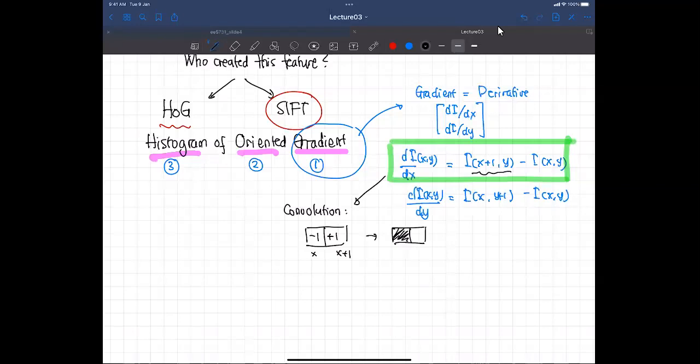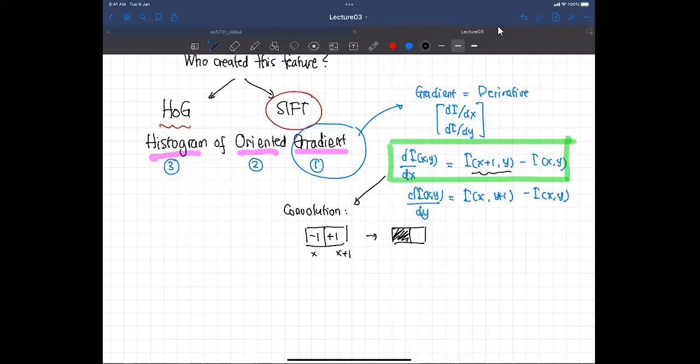Any questions so far? If you don't understand, please ask, because this is very important. That's why convolution is powerful, because it can give you a mathematical definition of gradients. But it doesn't only give you the definition of gradients or derivatives, it can also give you edges, and you use Sobel kernels for the mask. It can also give you blurry output if you convolve with a Gaussian kernel. So convolution, depending on the kernels, can give you many different mathematical